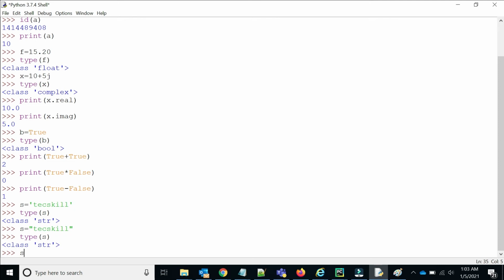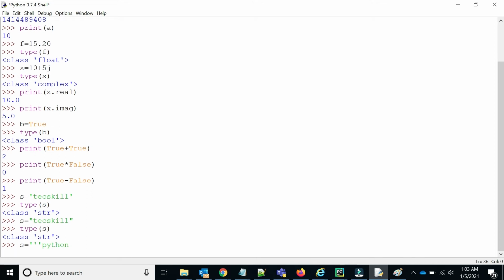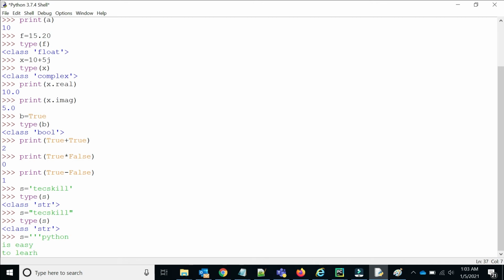Okay, so there is something called triple quote. So how it will work, let's see. If you want to write a string in different lines, you write like this: Python is easy to learn.